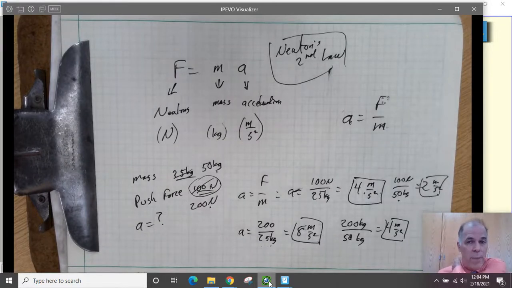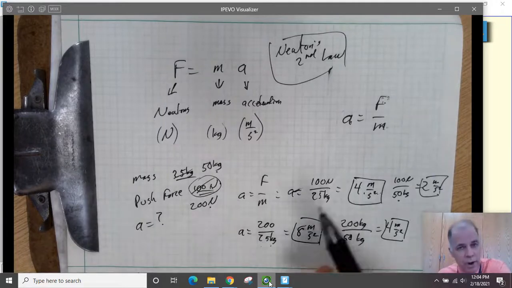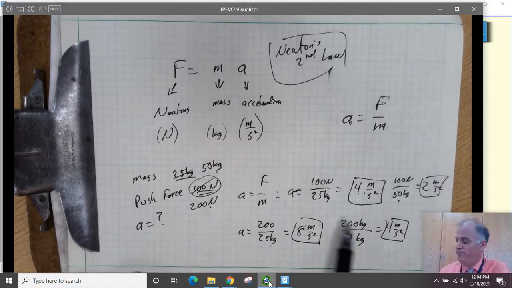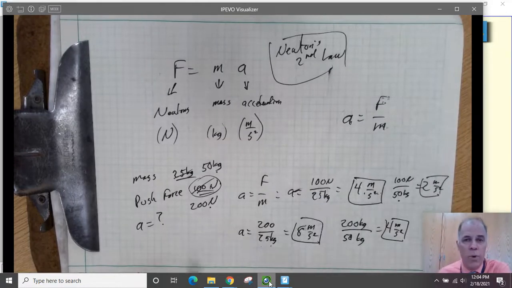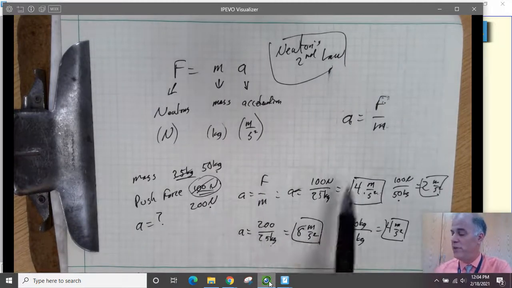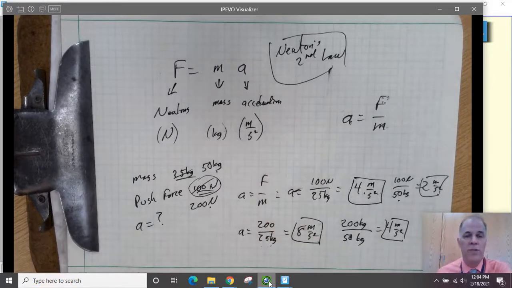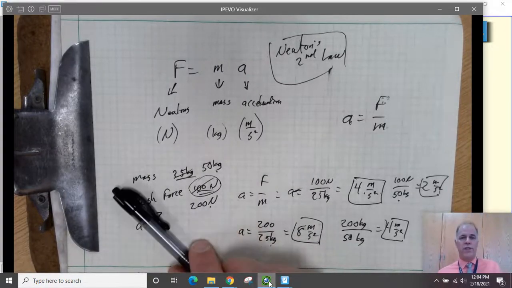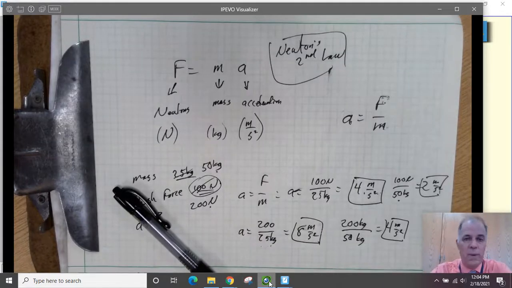When we double the mass, we get half the acceleration. If we triple the mass, we get 1/3 the acceleration. If we get 10 times the mass, we get 1/10 of the acceleration. Whereas if we increase the force, if we double the force, twice the acceleration, 10 times the force, 10 times the acceleration. And that's the relationship that comes out of Newton's second law, F equals ma. Okay, you're going to have a few practice problems to do with this on a worksheet, and we will see you next time.